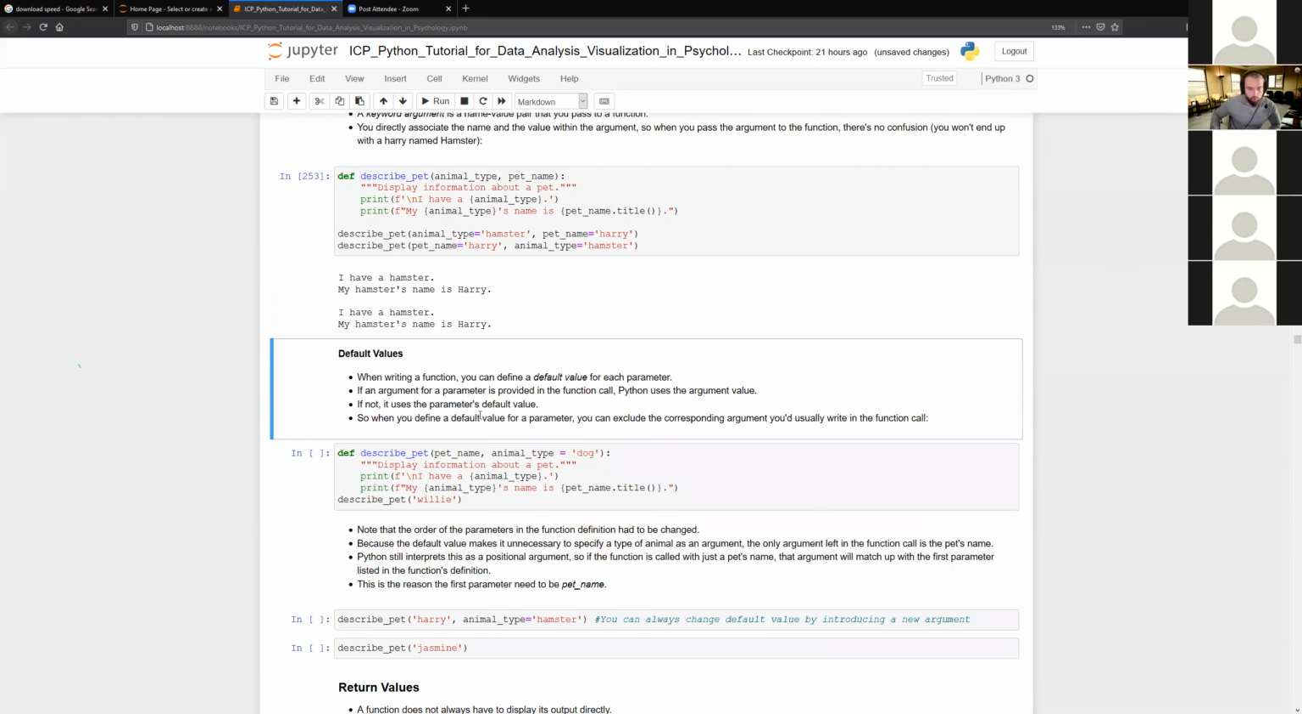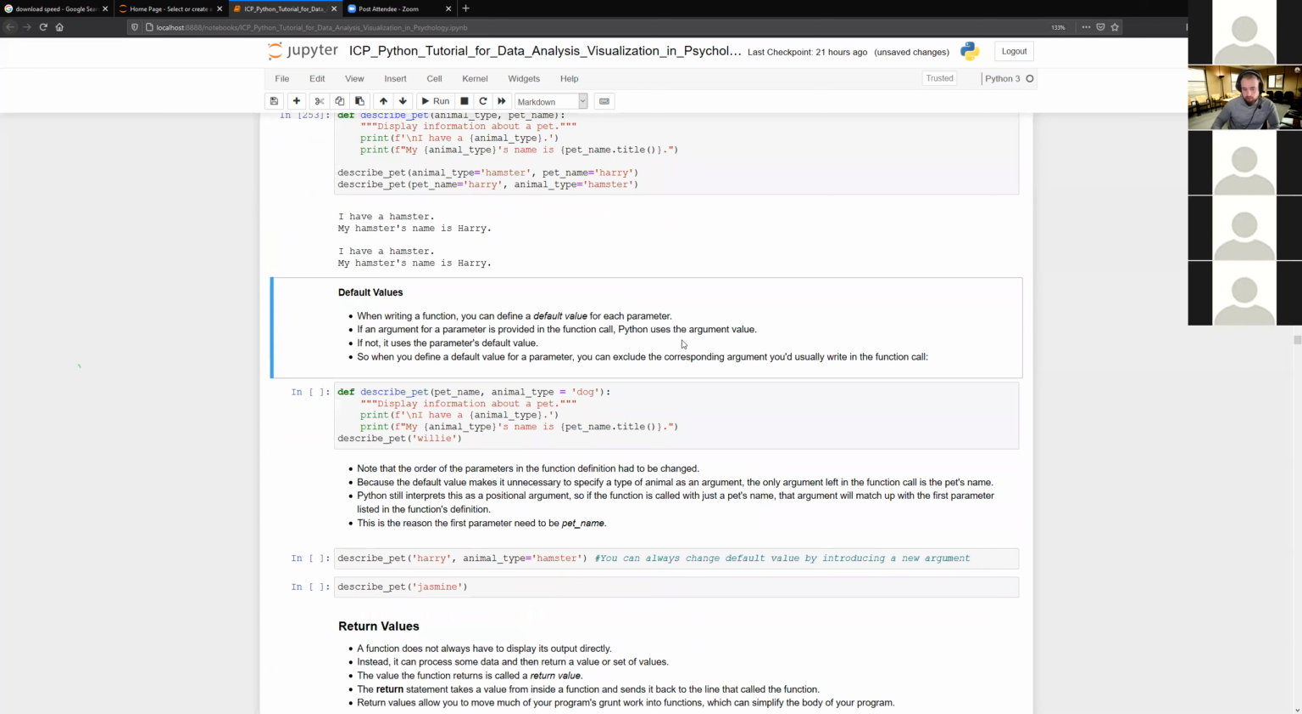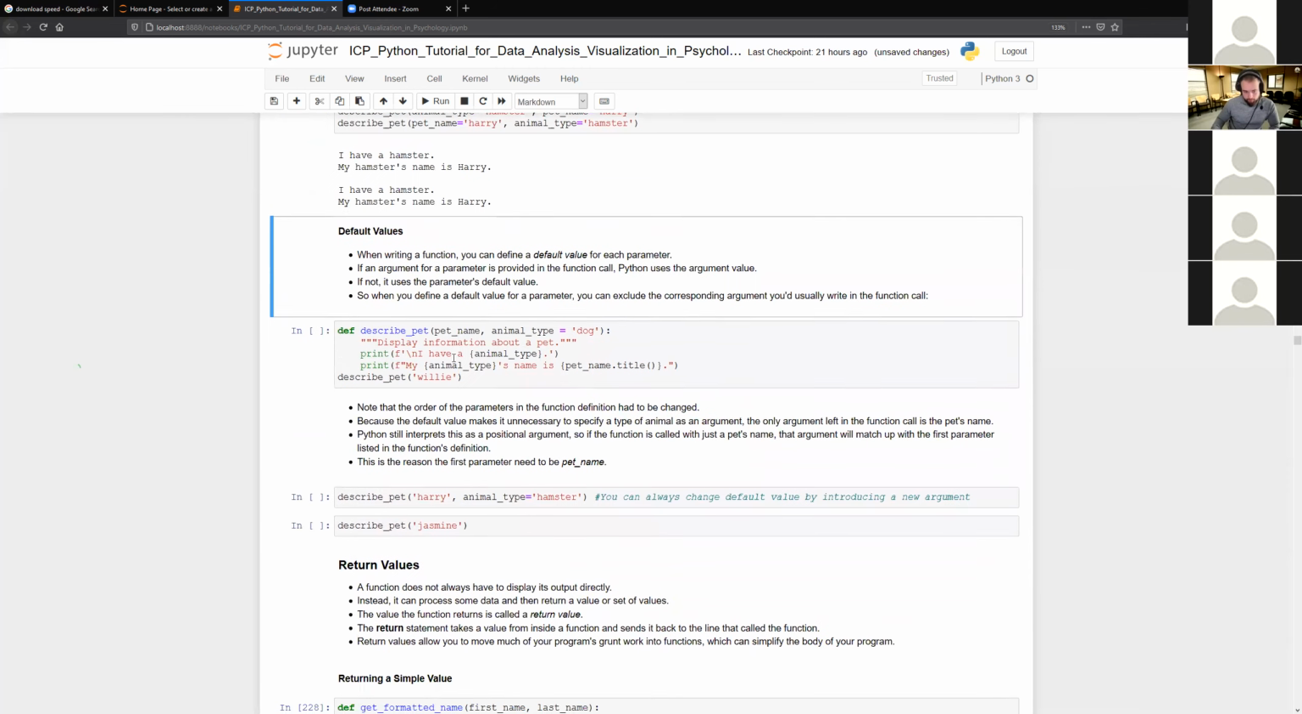Default values. When writing a function, you can define a default value for each parameter. If an argument for a parameter is provided in the function call, Python uses the argument value. And if not, it uses the parameter's default value. So when you define a default value for a parameter, you can exclude the corresponding argument you usually write in